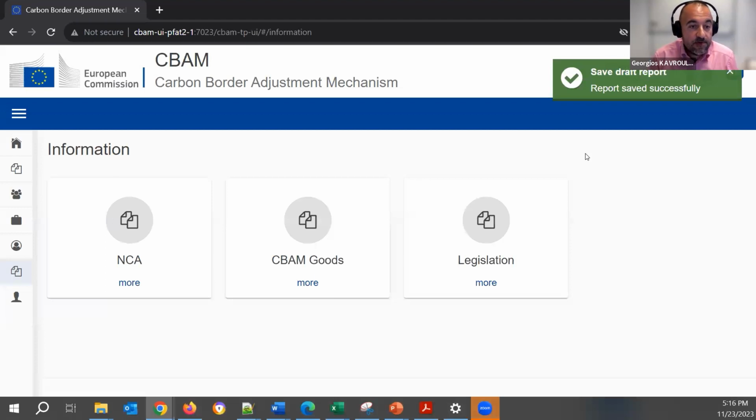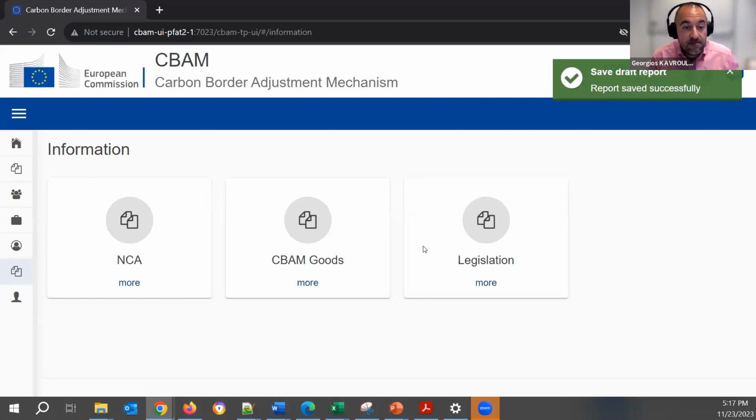About your onboarding to get access to the CBAM registry, you will need, as much as possible, to have access until the end of the year in order to be able to report, if you need to report for Q4 of 2023, as of 1st of January 2024. The report submissions in production will start on 1st of January 2024. That's why right now you cannot start drafting or editing a report in production, but this is possible in conformance if you are given access by your NCA.